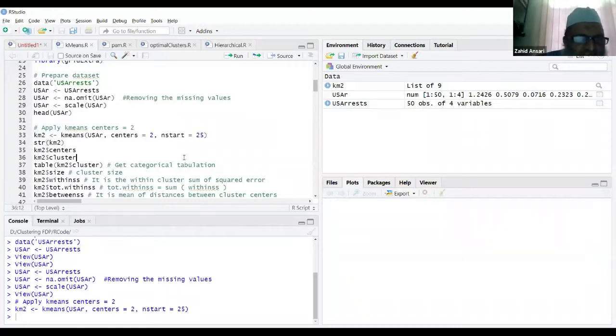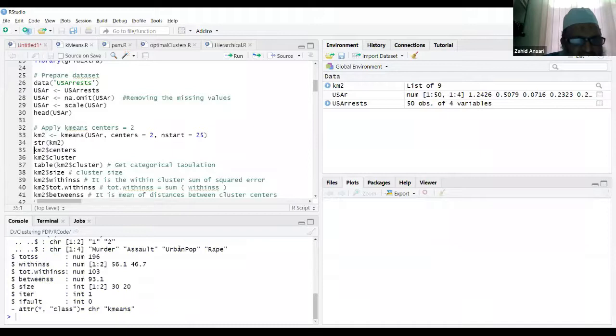Now, we want to see the structure of this particular km2, so I am just calling str.